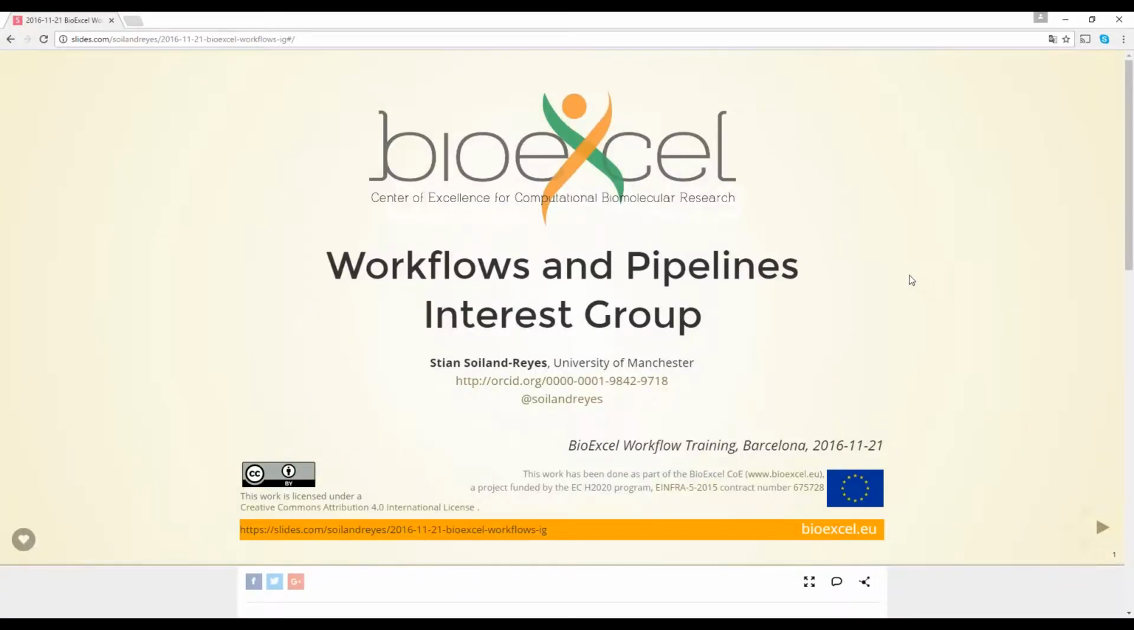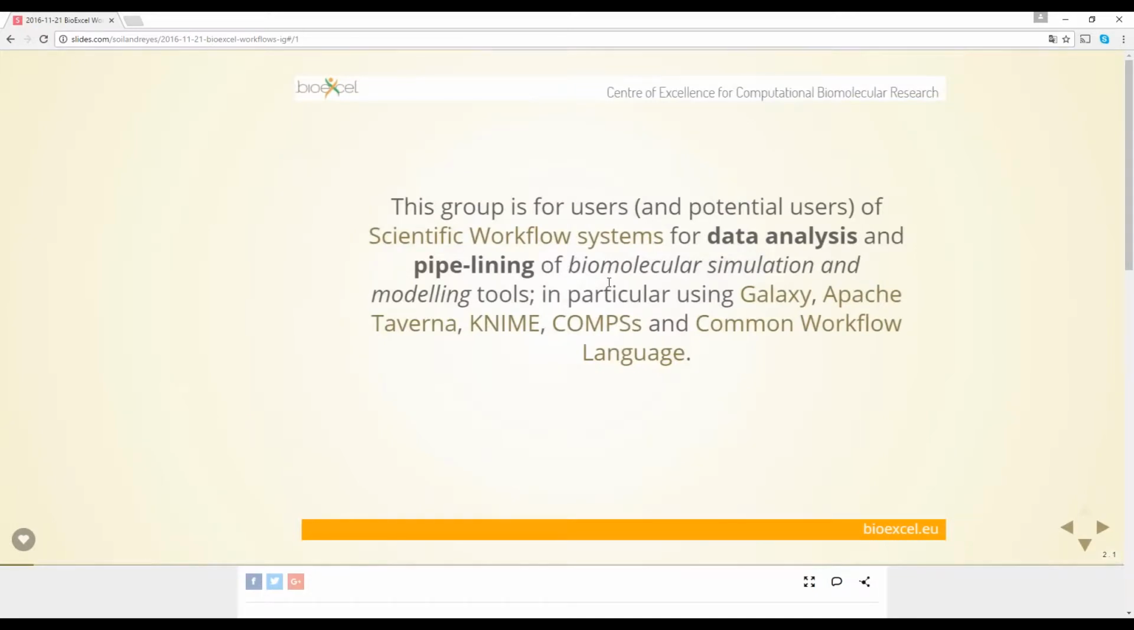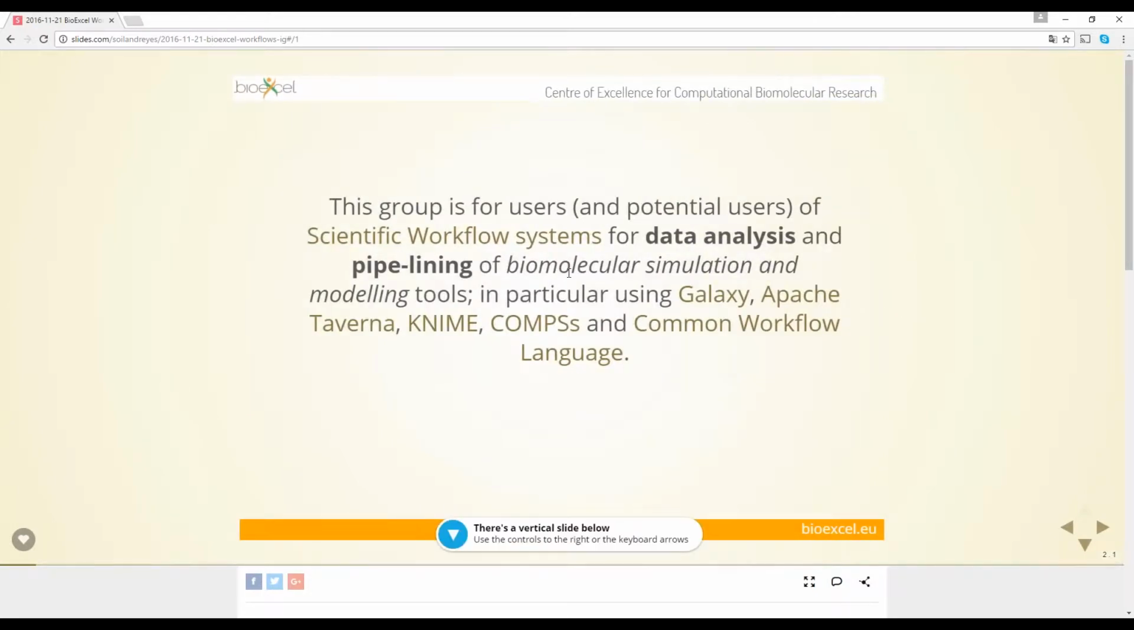Okay, so I'll introduce the Workflows and Pipelines interest group. Now I added pipelines in there just to not confuse with workflows for moving biosamples around and things like that. This is a BioExcel interest group for users of scientific workflow systems using data analysis and pipelining, command line tools and databases, doing biomolecular simulation and modeling, and other kind of related